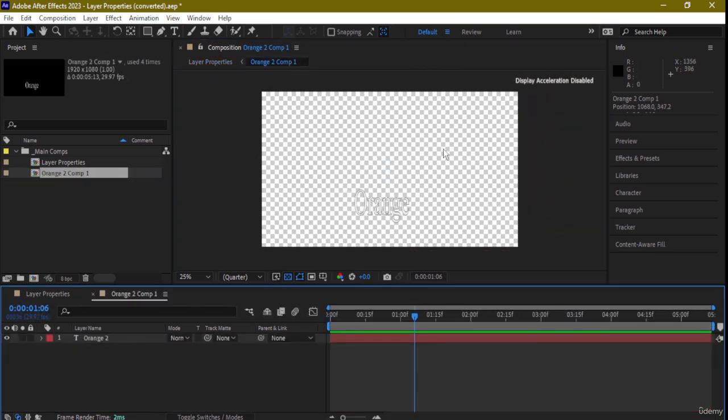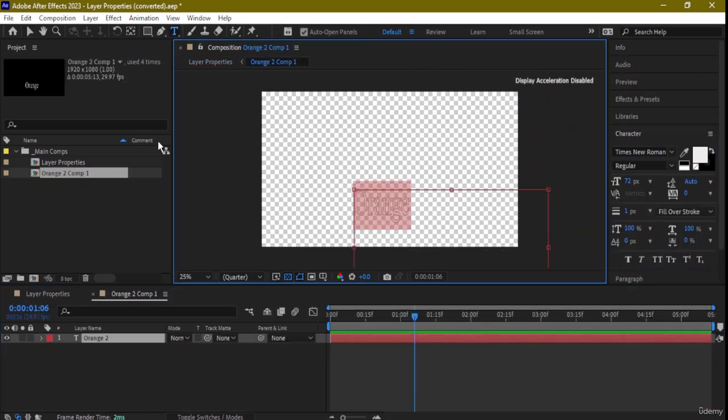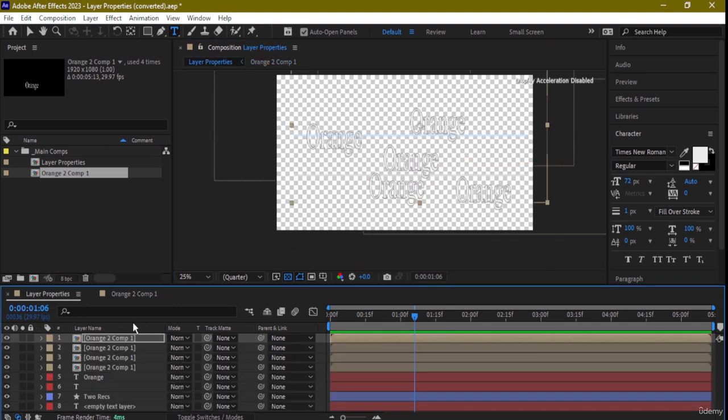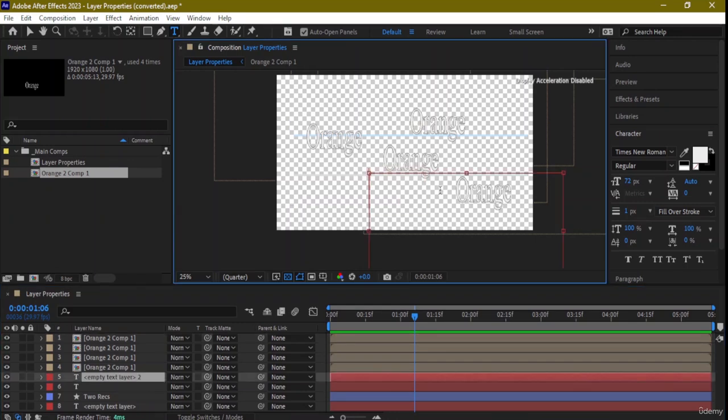Now you see that we have a couple of these options. I can double click on it too and then make some changes on it. What I'm going to do is go over to the layer properties, which is the first one, and cut off this part because I don't need it right now. Now as I'm done with this part, I have to fix this text, right? So I'm going to select this and cut it off. Let's say I'm going to type in